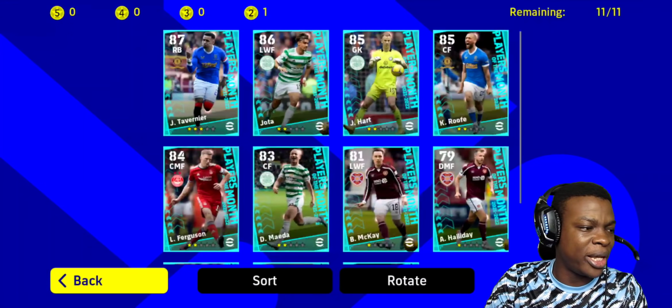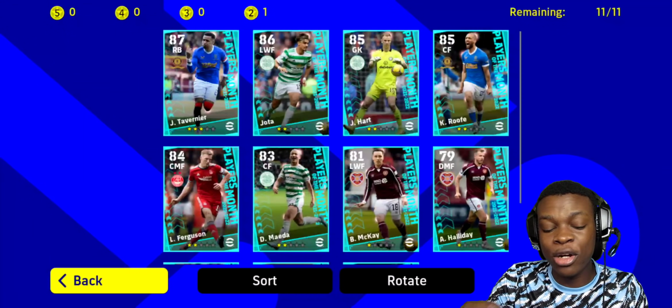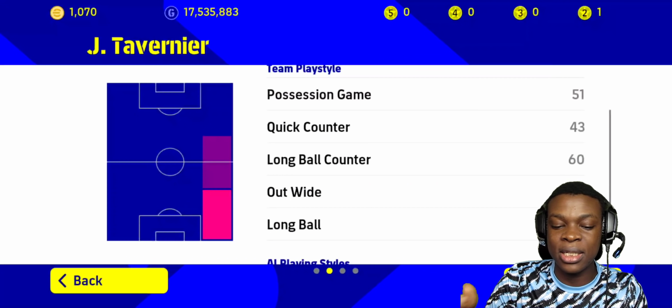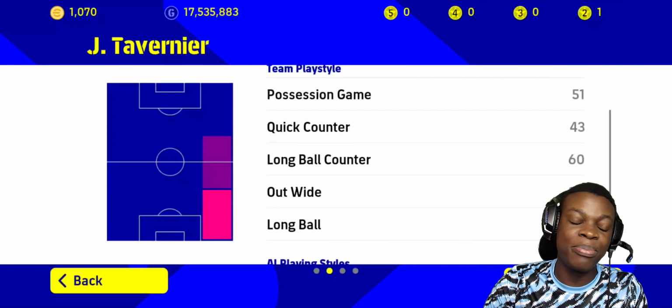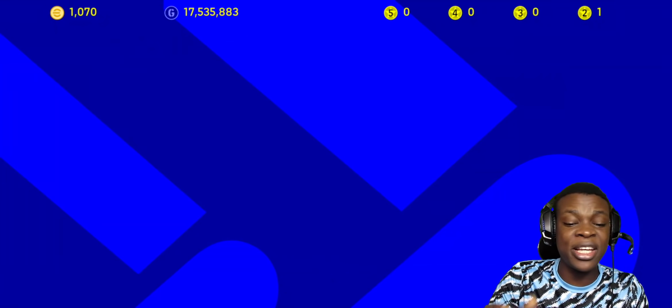They are not featured players. They are like a special player, but you cannot train them. You cannot do anything with them. Look at this, I play quick counter. He has like 43 on the quick counter. So that means if I put him in my team, play proficiency is gonna reduce. So I don't think it's really worth it